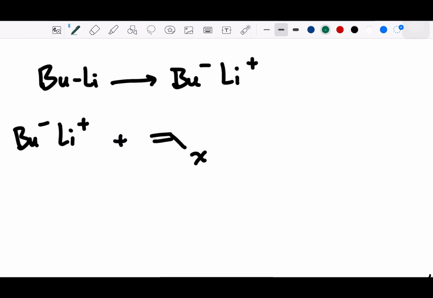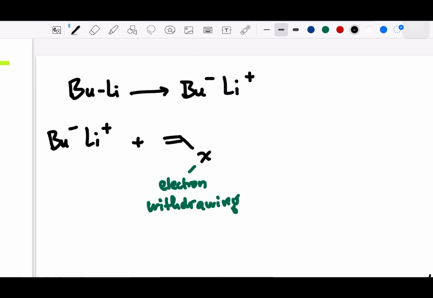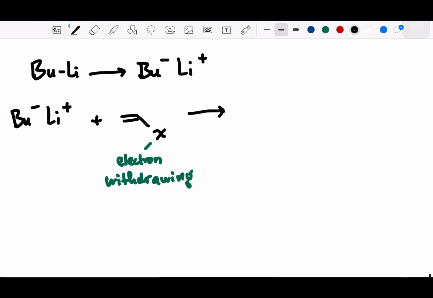This X is any electron withdrawing group. And then our expectation with this initiator is to react with this monomer, and the butyl will get into this